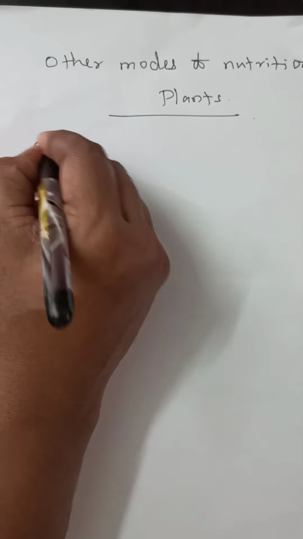Good morning, children. Last class, you studied about autotrophs. Plants are able to prepare their food by the process called photosynthesis. And I have just mentioned there are some other modes of nutrition in plants also. That is, different methods. Some plants do not have chlorophyll, so they will be depending on other plants for their nutrition. Then they are called heterotrophic